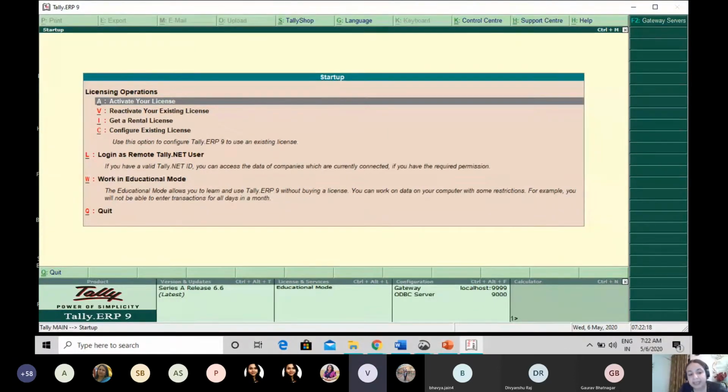For example, if you want to go to education mode, you have to press Alt W. If you want to activate your license, you have to press Alt A. So wherever beneath the alphabet there is a single line, that means Alt plus alphabet. And whenever beneath the alphabet there is a double line, that is known as Control plus the alphabet.